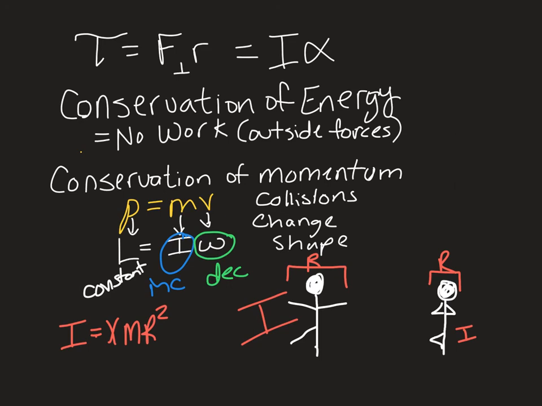All they've done is change the positioning of their arms. So by doing so, in order to maintain that same amount of momentum, our skater with their arms out wide will have a very small rotational velocity, whereas pulling my arms in will increase my rotational velocity. I'm still balanced, or I've still maintained the same quantity